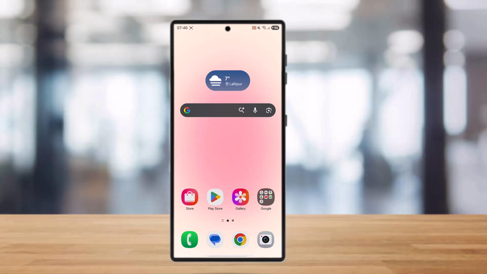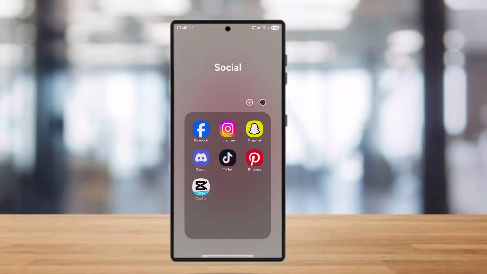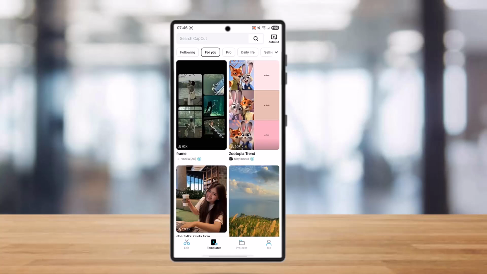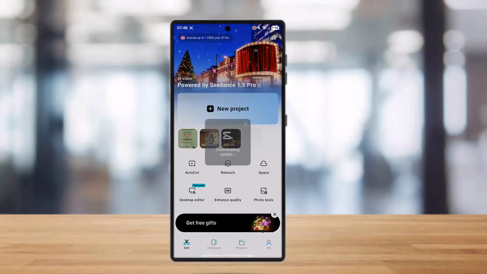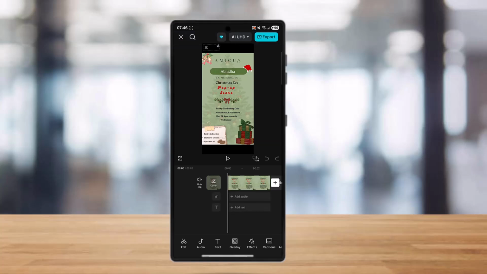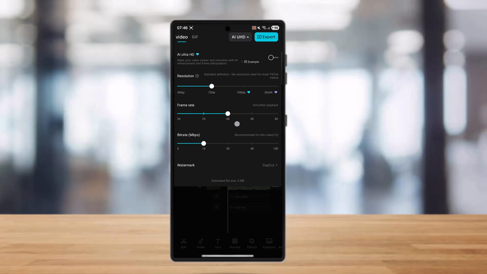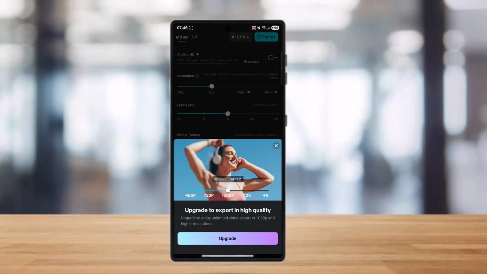If you want to export 4K videos without quality loss in CapCut, all you gotta do is simply go to CapCut. Once you're in your CapCut, you need to simply select the video and tap on it. Once you get the video in your timeline, you can simply find the AI UHD option. Simply tap on it, and now in your resolution section you need to slide this cursor to the 2K 4K